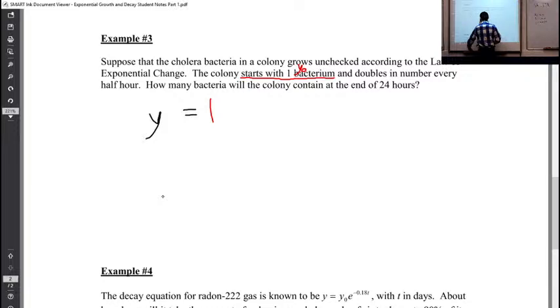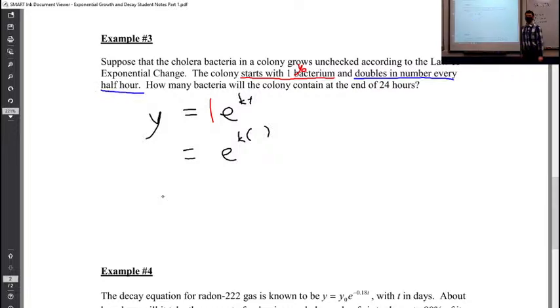One times e to the kt. And now we're going to use the other point that we have in order to solve for k. So what is the other point that we have? It doubles every half hour. That gives us a point. That tells us